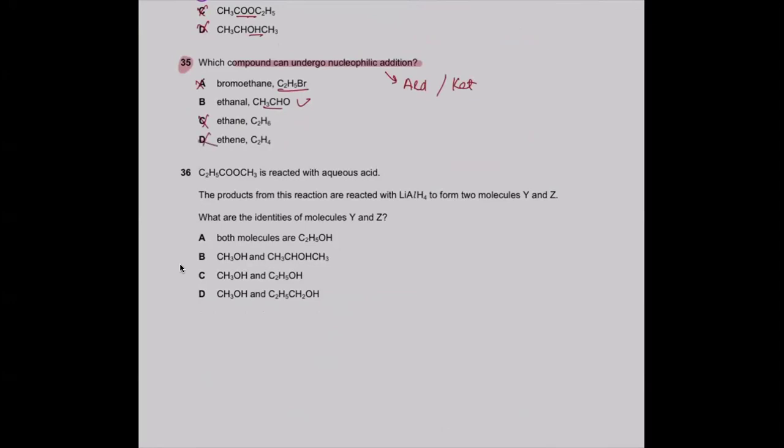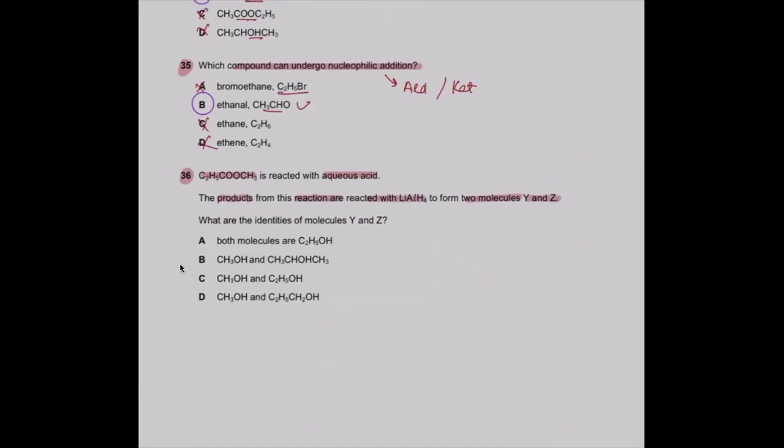Okay. MCQ number 36. It's an ester reacted with aqueous acid. So hydrolysis occurs. The products from this reaction are reacted with LiAlH4 to form 2 molecules Y and Z. What are the identities of molecules Y and Z? Okay. So first hydrolyze it. On hydrolyzing it, you will get C2H5COOH and CH3OH. On treating with LiAlH4, this one would undergo